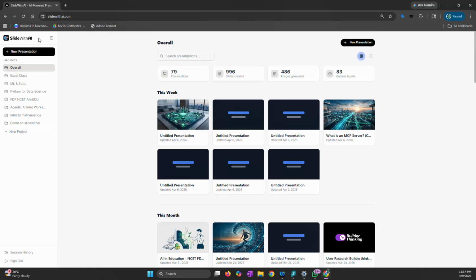Actually, okay, this is how the panel looks like. It's a very simple user interface. The moment you load it, you can see all the presentations that are on to your left side. And here, if you want to create a new presentation, it automatically gets added to the first project here. Just in case if you want to organize your demonstration or presentations in a different project, so you can just